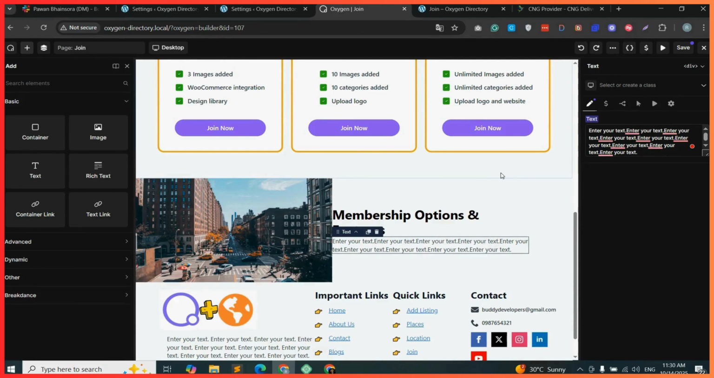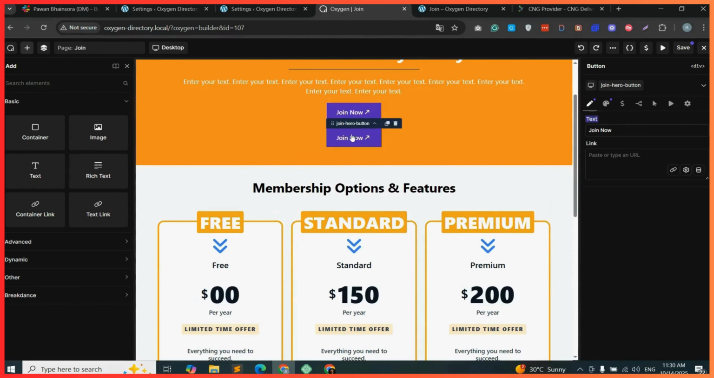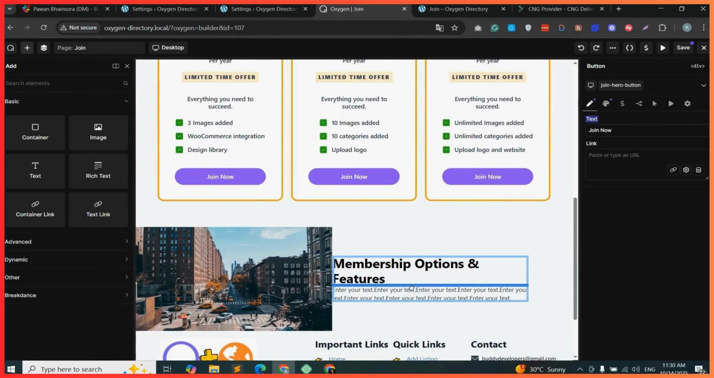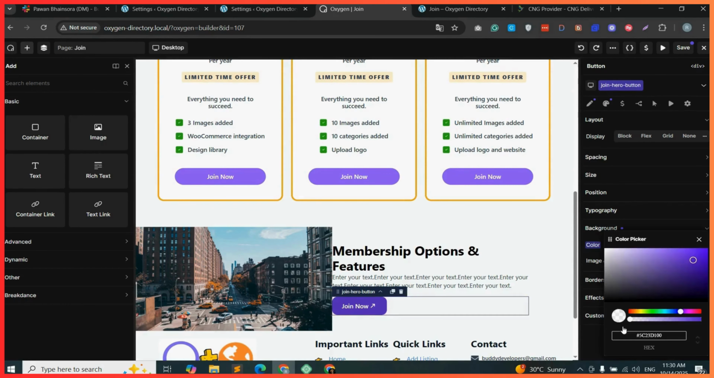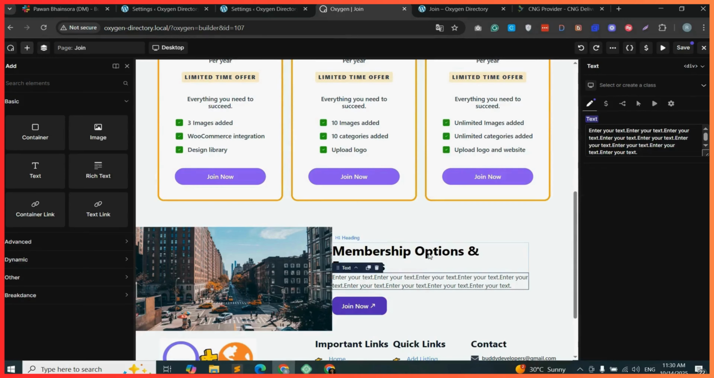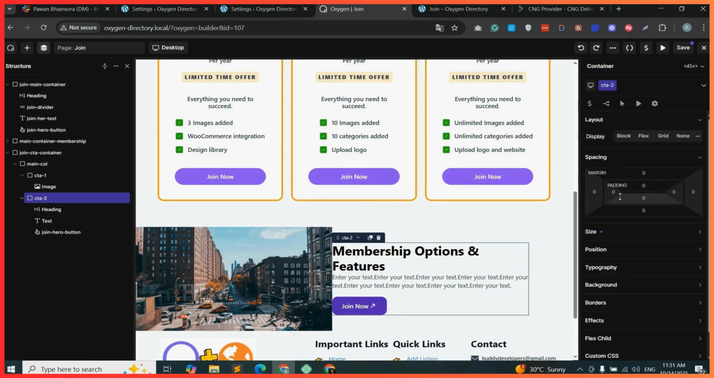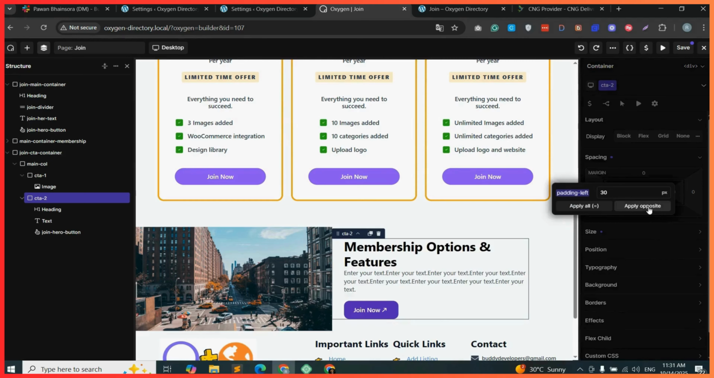Now below this we will be adding a button. So duplicating the above button and dragging it below. Now coming on to the settings, selecting the background color. Now coming on to the design, and then we will be adding this contents padding from the left. So after doing container selection, coming on to the spacing, left side padding to 30 pixels, then click on apply